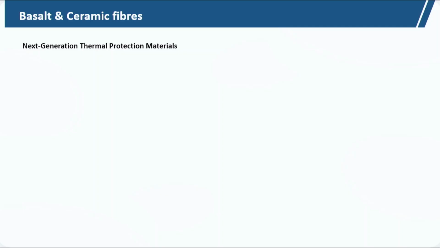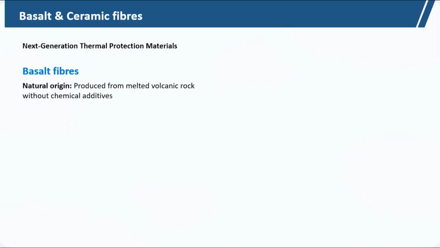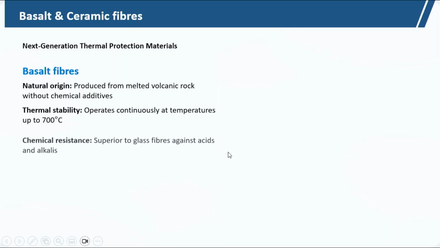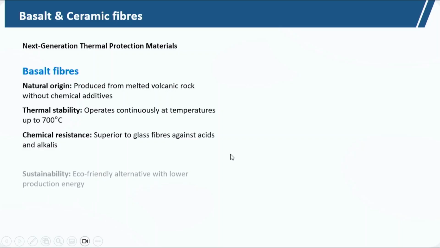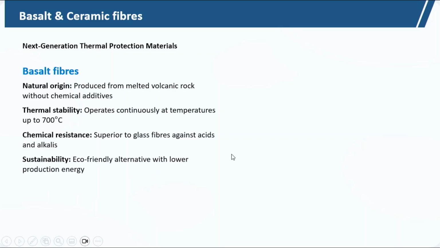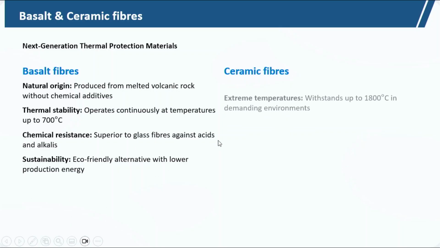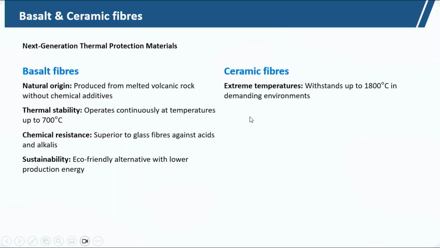And basalt and different next generation ceramic fibers are there for thermal protection. Basalt fiber is of natural origin, produced from molten volcanic rock. It has thermal stability, stable at temperatures around 700 degrees Celsius, superior chemical resistance, and it is eco friendly because it is sourced from an environmental source. And ceramic fibers are extremely high temperature resistant, withstanding up to 1800 degrees Celsius,